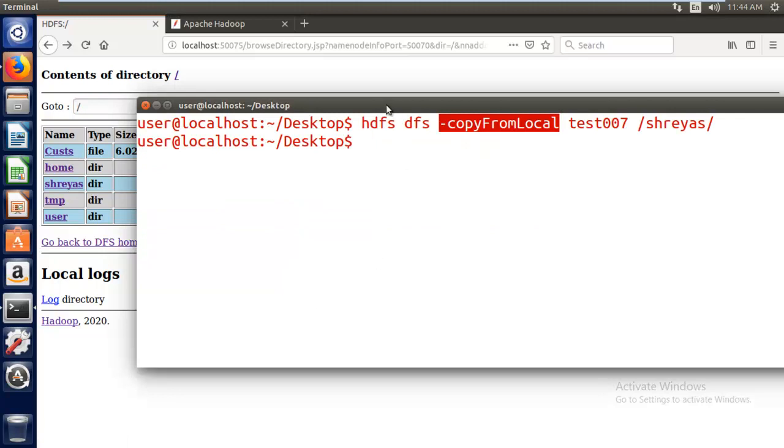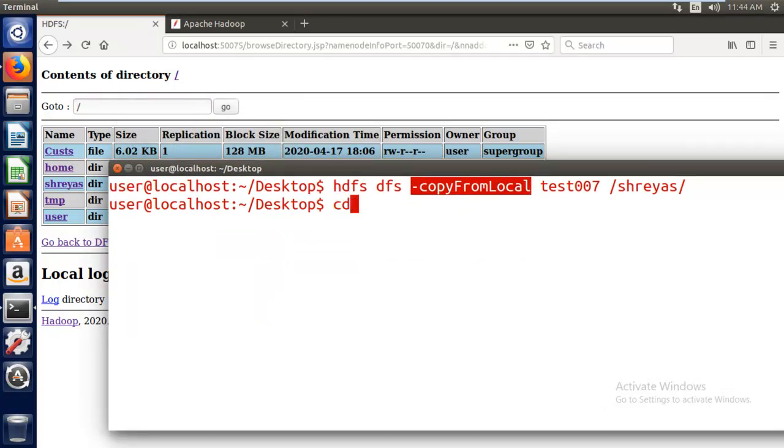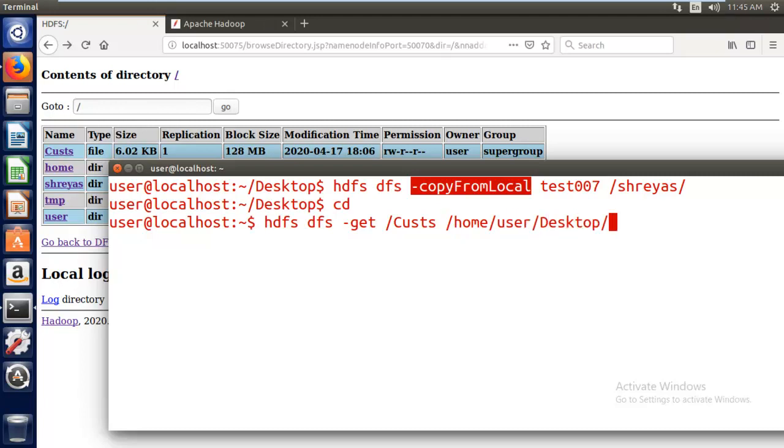For that you have to say hdfs dfs hyphen get, and provide the file name which is available in the HDFS, and where you want to copy, you just provide the complete location. Home, user, desktop, because I would like to take this file to the desktop.